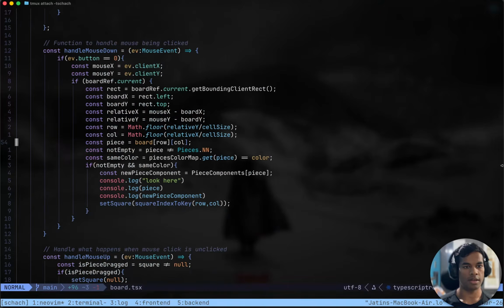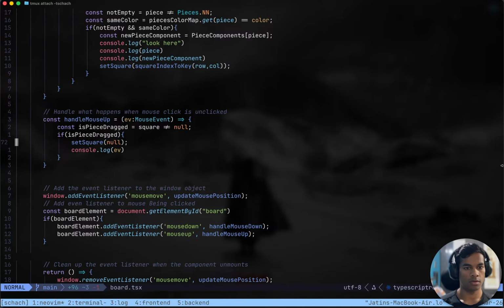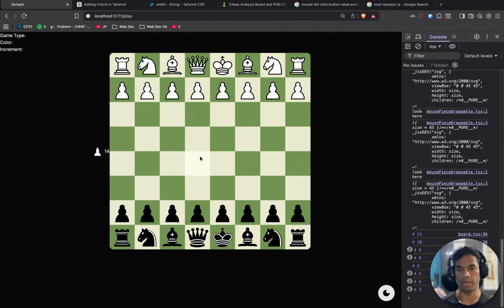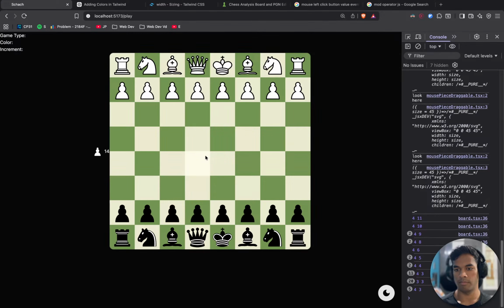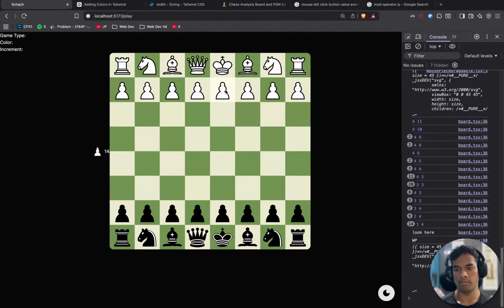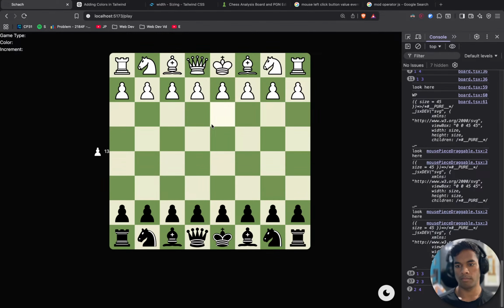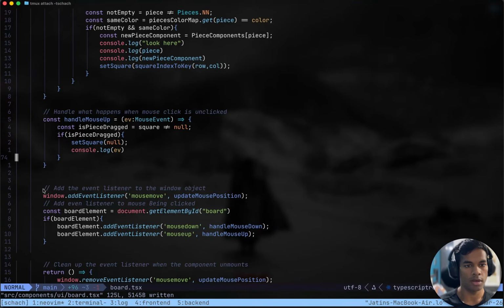When square changes to null, handle mouse up. We don't see handle mouse up being handled. Yes, handle mouse up is not working correctly.